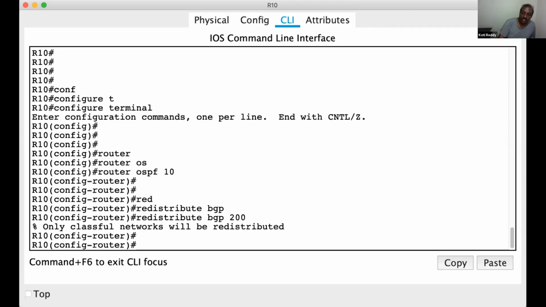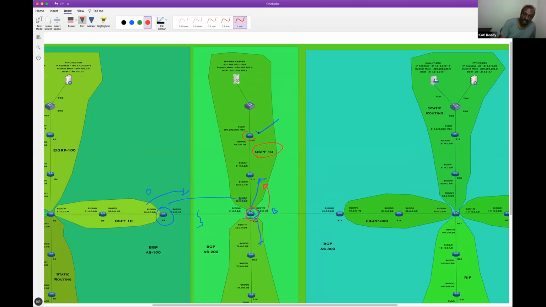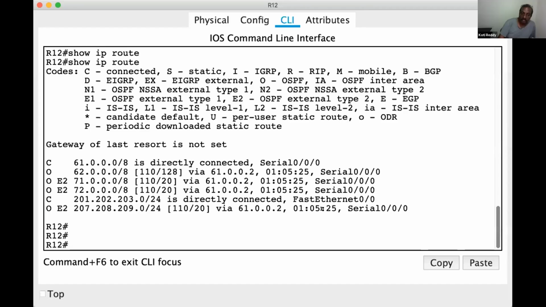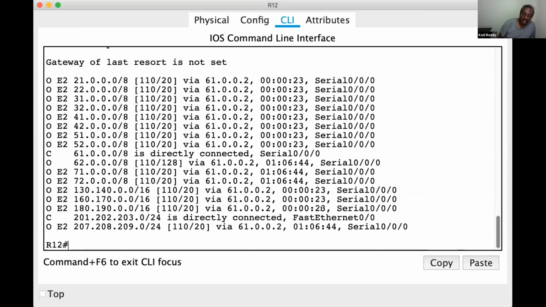If that is the case, now if I go to the R12 router, I should see all the routes coming here, right? So let's go to R12. There I give the command show IP route again. I should see all these routes: 20 series, 30 series, 40, 50, 60, 70, all of this I can see. All are listed as external type 2, because OSPF is given to this router, so I can see these routes in the router.